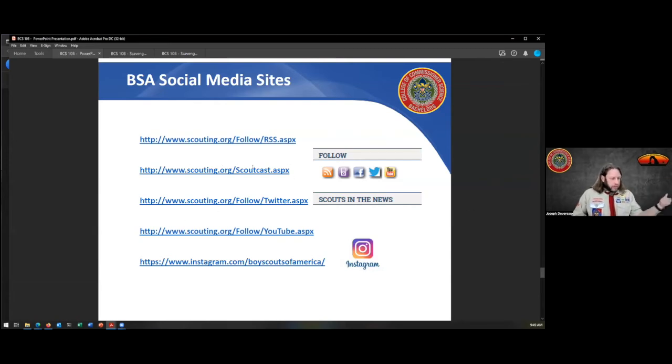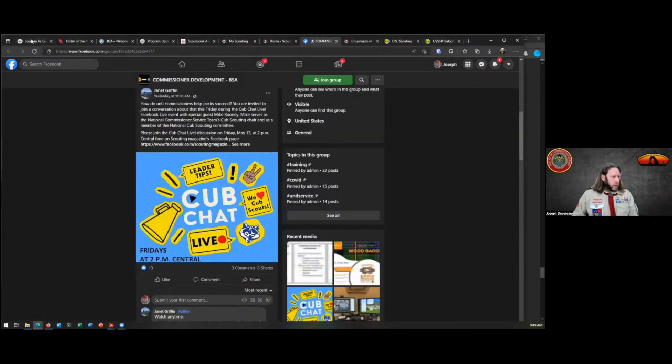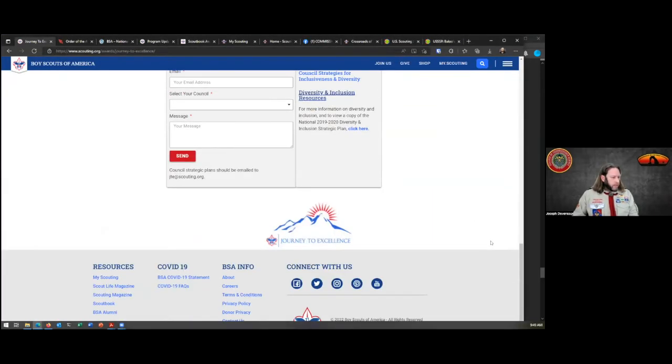All the links here, they're great, not as useful, but if we go back to our scouting.org homepage here, down here at the very bottom are all those same pages. So that is on scouting.org, again at the very bottom of any of the pages, in their footnote section are all those links to those different websites and different content there. That for me is easier to find than this list in a slide deck. So definitely go look at those. Again, those are supported by National.